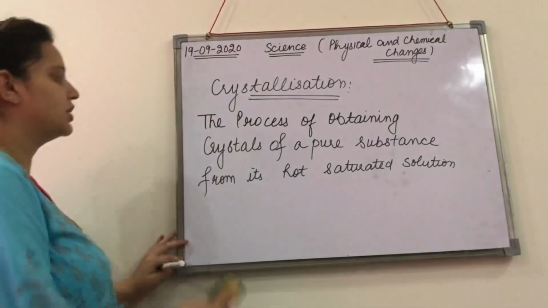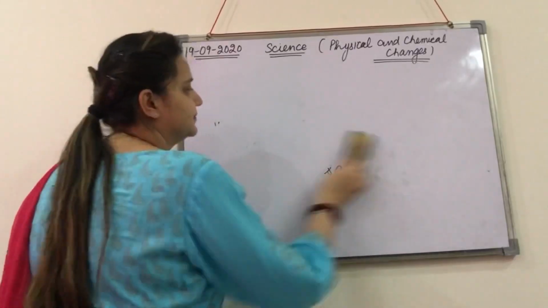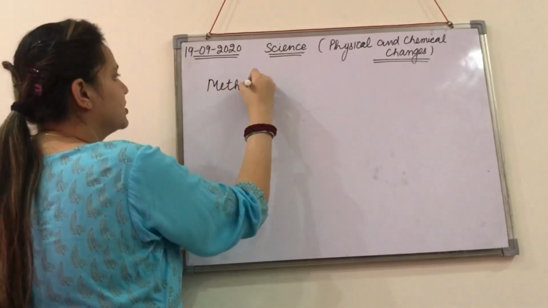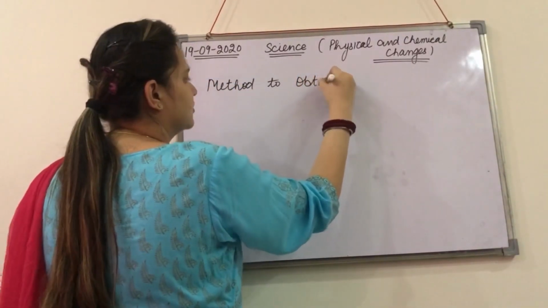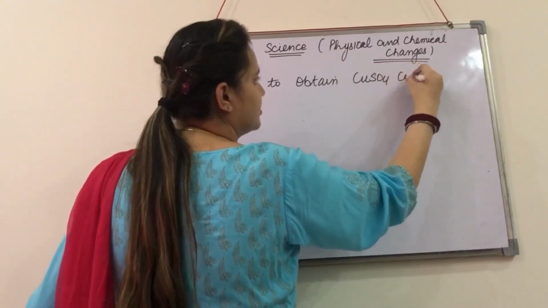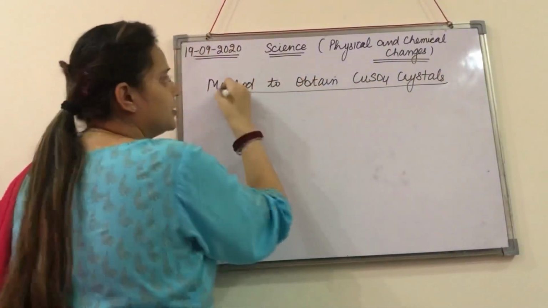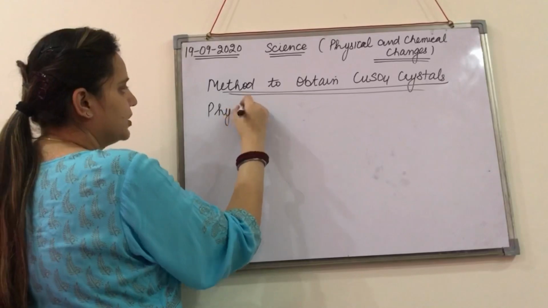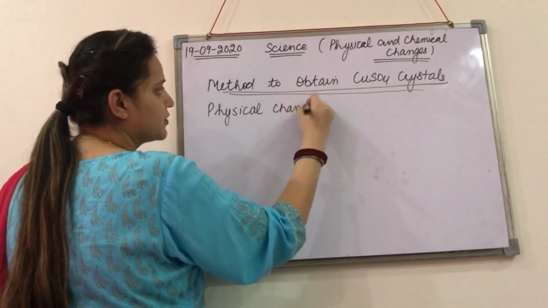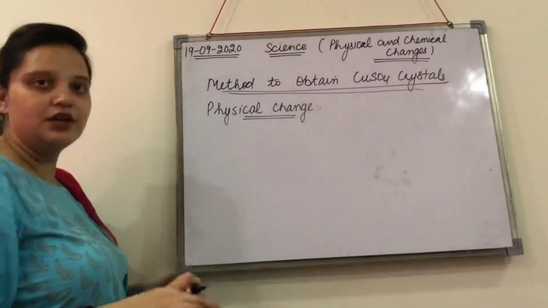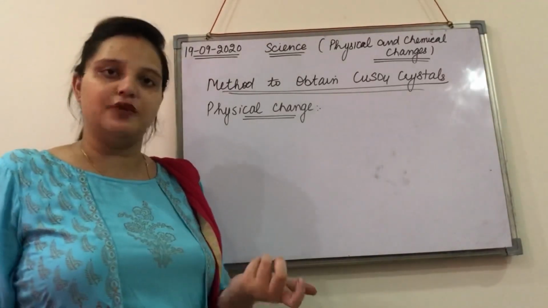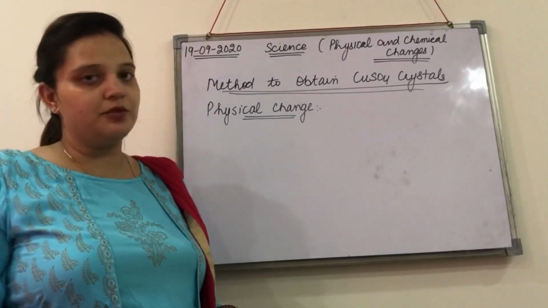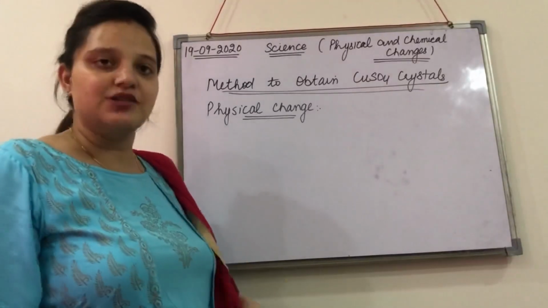Now how are we going to obtain the crystals of copper sulfate? Our next activity is the procedure to obtain copper sulfate crystals. But do remember one thing, that crystallization is a physical change. This is not a chemical change. This is just a change in the appearance, right? From the powdered form we are getting a crystal form, and if you break the crystals, then you will again get the powdered form. So we classify this change as a physical change.